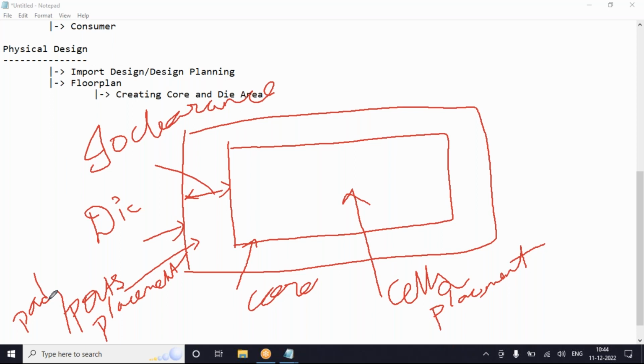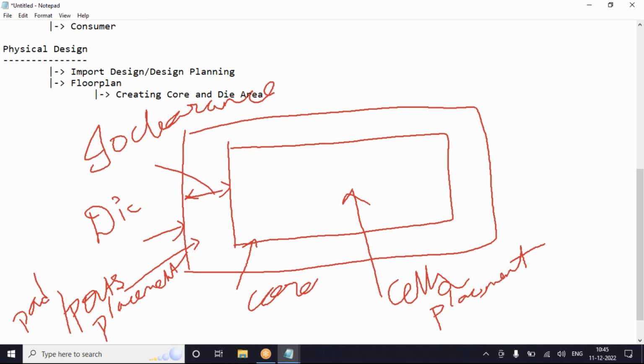Okay, so in this particular floor plan stage, first we are going to be deciding all those particular boundaries. The first step, if they are provided, we are going to be utilizing them. For deciding the area, we do have a formula, as for each and every step we perform. It has a dependency on the cells or pins or routing. Based on that only, the area of the core or the area of the chip is decided.